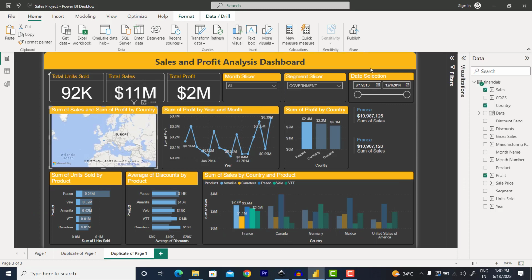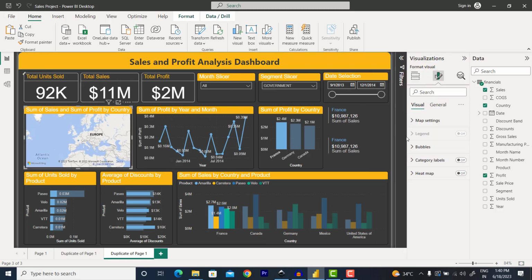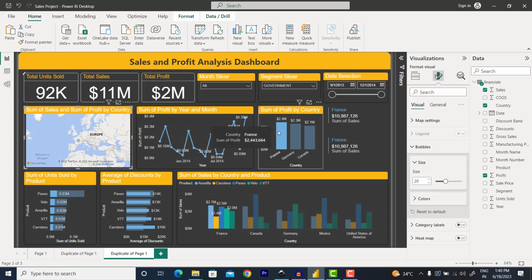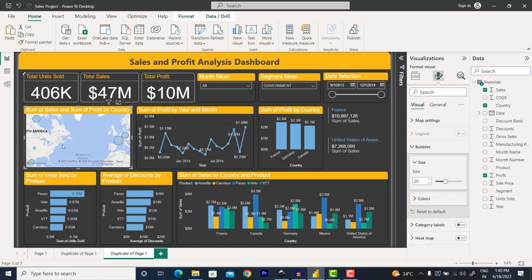So select the map visual and go to the visualization tab. There is a map setting and there is bubbles. I will go to the bubbles and increase the bubble size to 20 so that you can at least see what is happening in the map itself. Now you can see the bubble size has been increased, but it doesn't give me any color coding based on the value. So I can do that by simply going to the